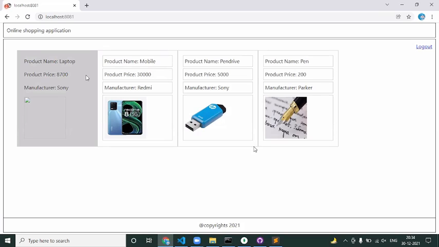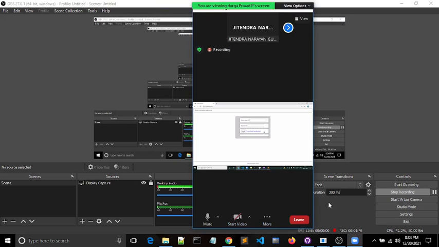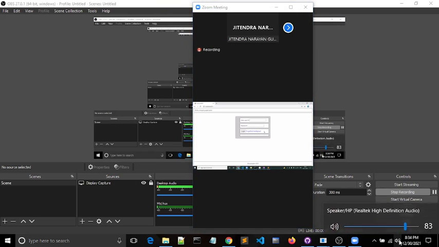But what we have added is the session concept. Once they get logged in, we keep the user login information within the session. And the second time the user comes to the page, we check whether the user is already logged in or not. If the user is already logged in, we show him the product details page automatically. Otherwise, we redirect him to the login page, and we have even implemented the logout option. Once the user clicks on logout, he will be redirected to the master page. For that, we are using the express-sessions module.